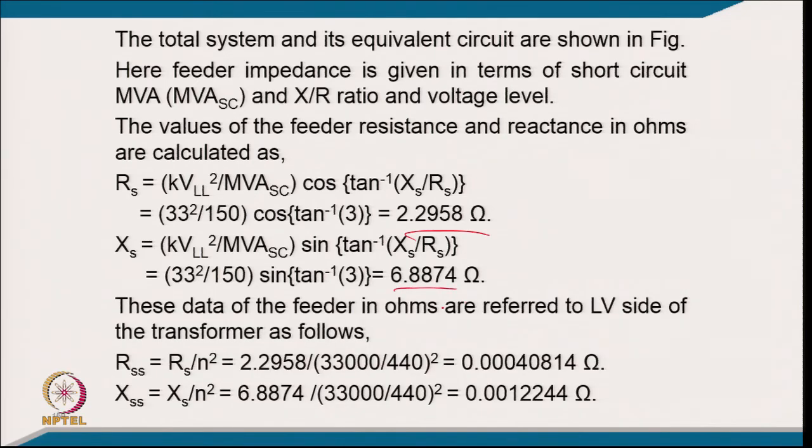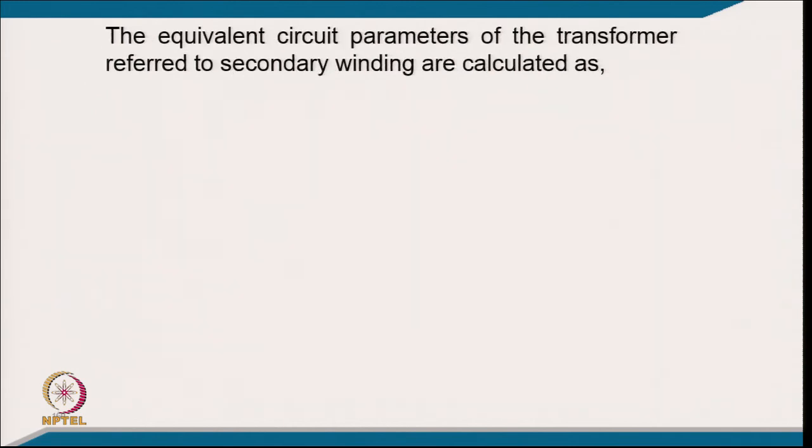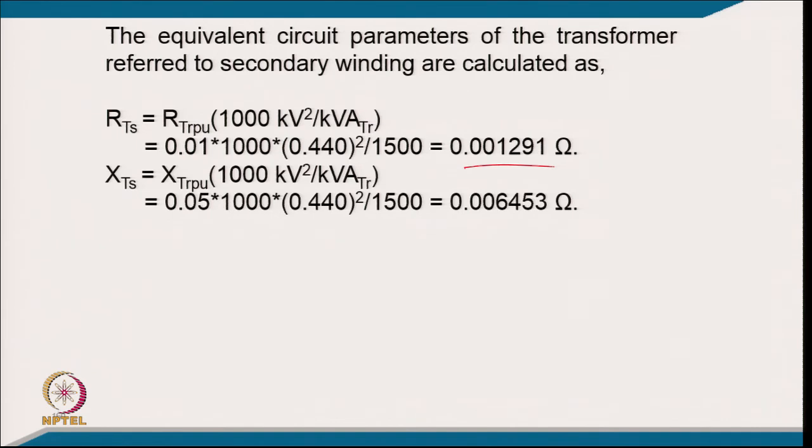and these data on the feeder are to be referred to the LV side of the transformer. So, we are just taking the turns ratio square. So, the resistance comes 0.0040814 ohm and the reactance is 0.0012244 ohm. Now, the equivalent circuit parameters of the transformer referred to the secondary side: the given 1% resistance comes 0.001291 ohm, and the transformer short circuit reactance of 5% comes 0.006453 ohm,